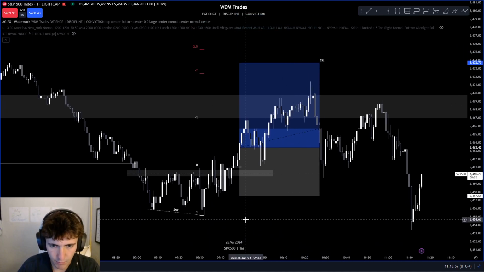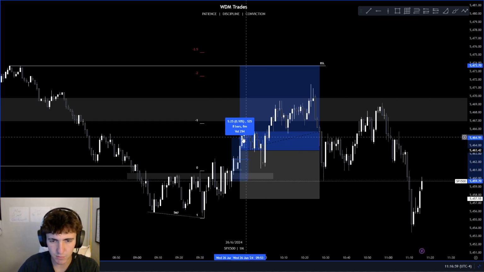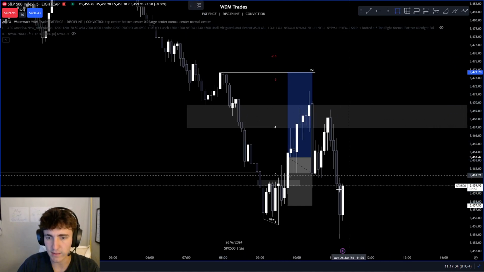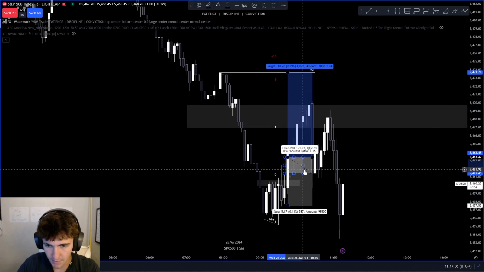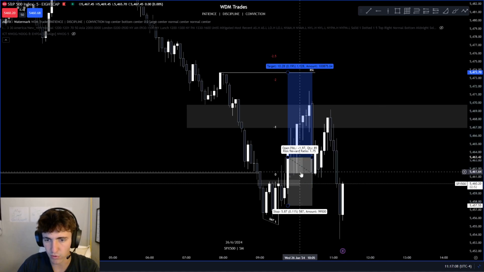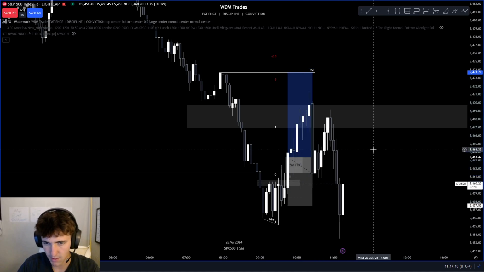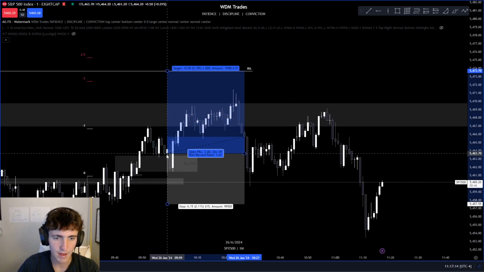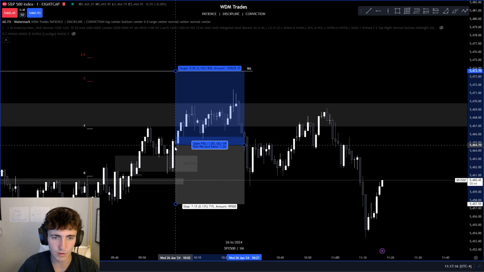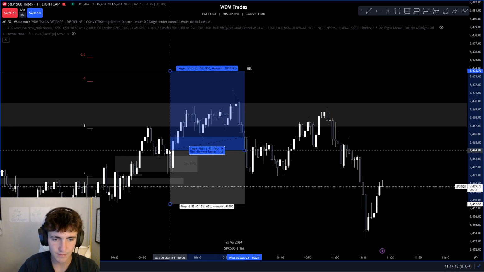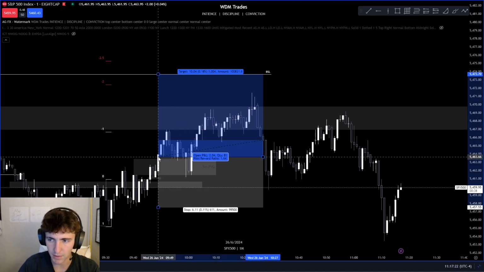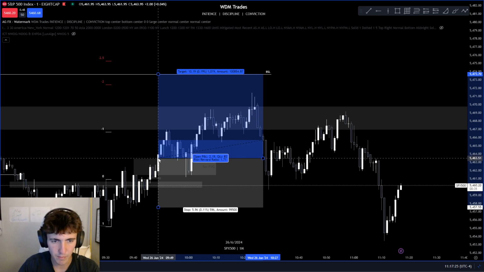But ideally, what should have been the entry is, we get this move up, we close above the inverse. I should have waited until we formed this 5 minute fair value gap, and waited for price to retrace into it to get a better entry. I could have got filled here, or here, or on the pullback here. There were way better places to enter than what I did. And I will get better at that. It's the whole point of trading, to get better.